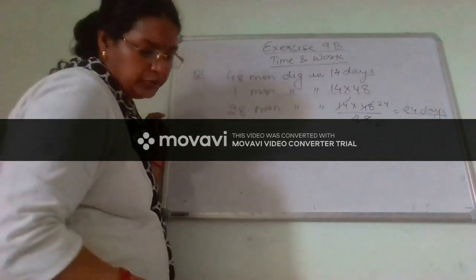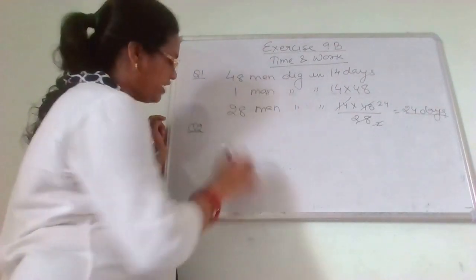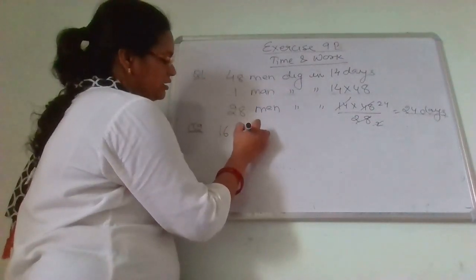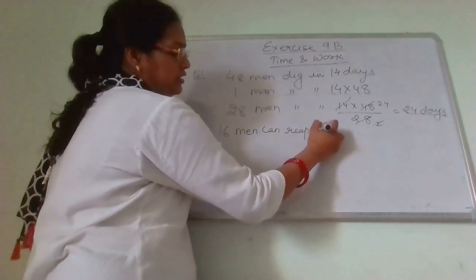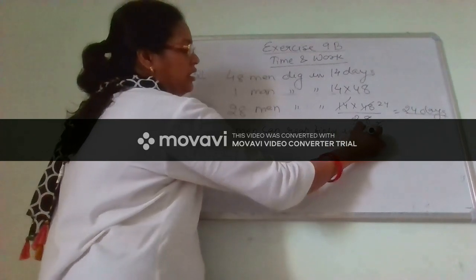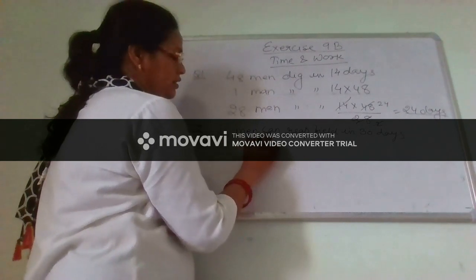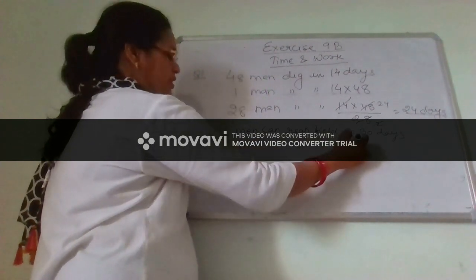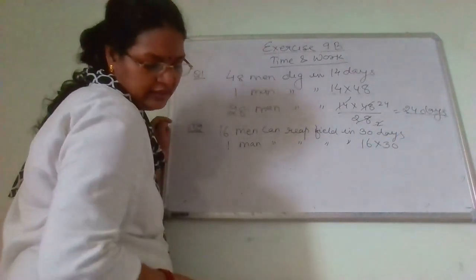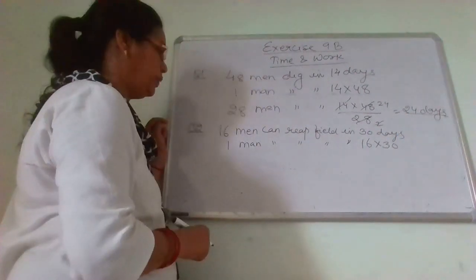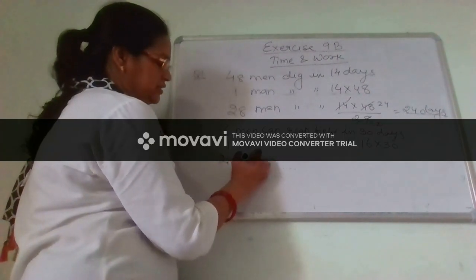In question number 2, 16 men can reap a field in 30 days. So we will write 16 men can reap what? Field. In how many days? In 30 days. So, one man can reap the field in how many days? 16 into 30 days. And then 24 days. So, in 24 days,